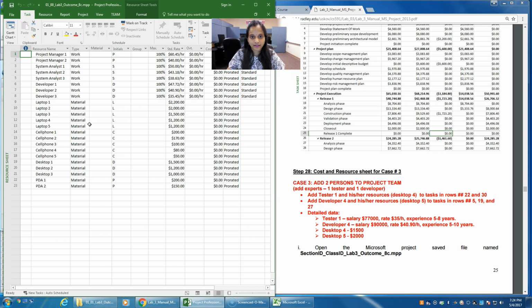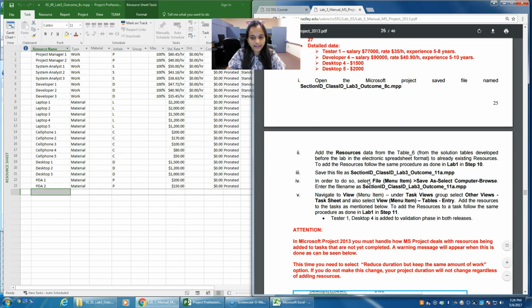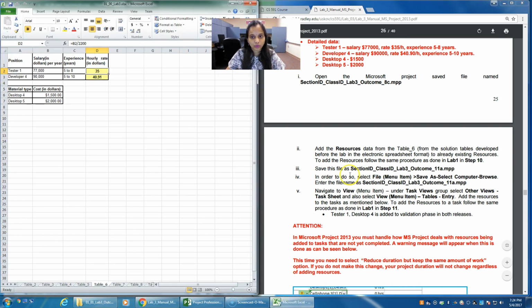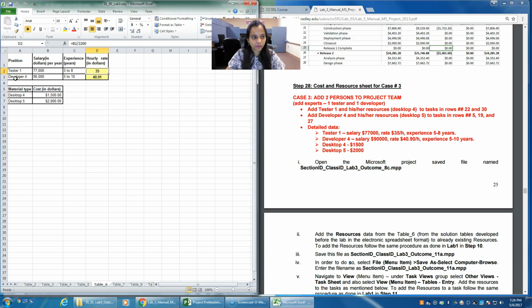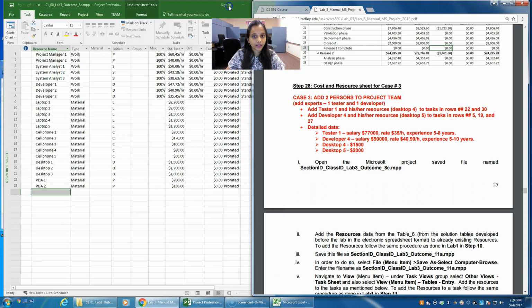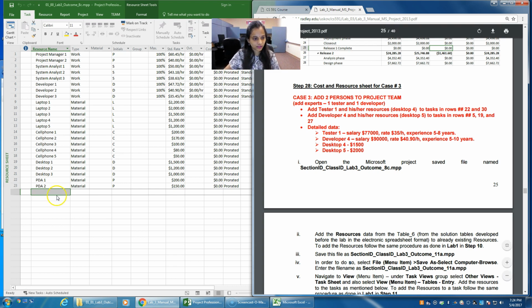Because we are adding resources here, open your Excel sheet. In my case 3 I'm adding 2 persons. So this is case 3. I have tester 1 and developer 1 and the resources are desktop 4 and desktop 5. Firstly you need to enter your data on the resource sheet. So you have to enter your tester 1